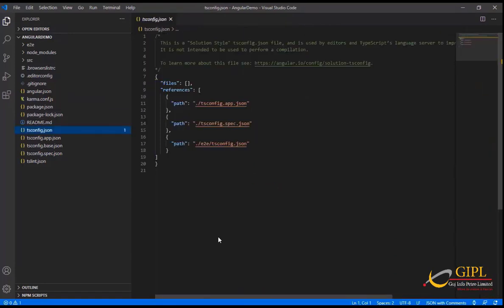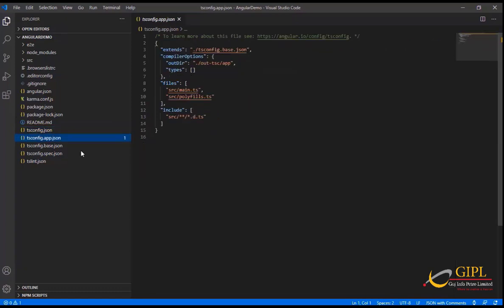Additionally, let's discuss tsconfig.json. The tsconfig.json file allows you to specify the root level files and the compiler options that are required to compile a TypeScript project. After that, tsconfig.app.json file. The tsconfig.app.json file is being used to prepare the app for browser-based run.